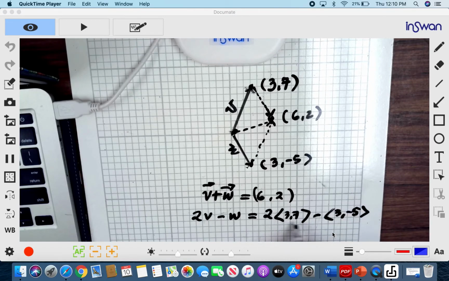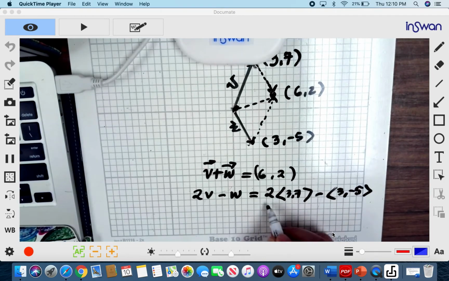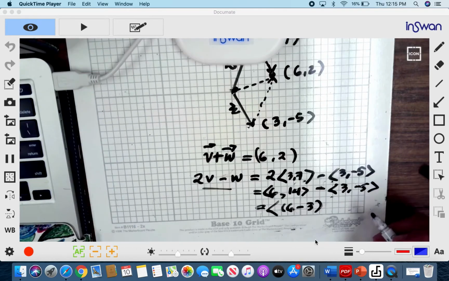So we will perform this operation first, and that is 2 times 3 is 6, and 2 times 7 is 14, minus 3 and negative 5. And then we can perform the operation minus. So it gives us 6 minus 3, 14